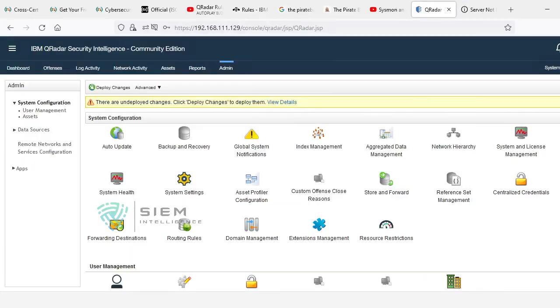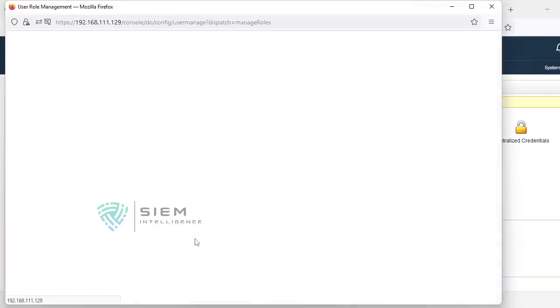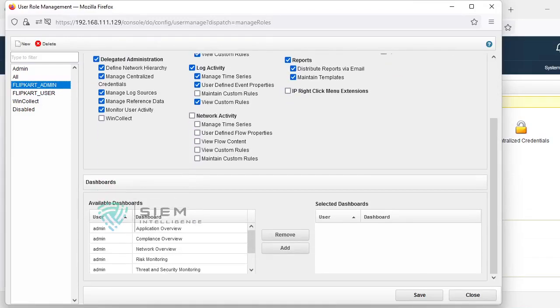So it is interlinked. Followed by that we created the security profile, followed by that we created 2 user roles. Why? Because I want to give these permissions to this particular Flipkart admin, so he can view his administration tab. We will see what the differences are between Flipkart admin and Flipkart user, and at present we are the topmost user or topmost admin. We will see all the differences once it is completed. Okay.